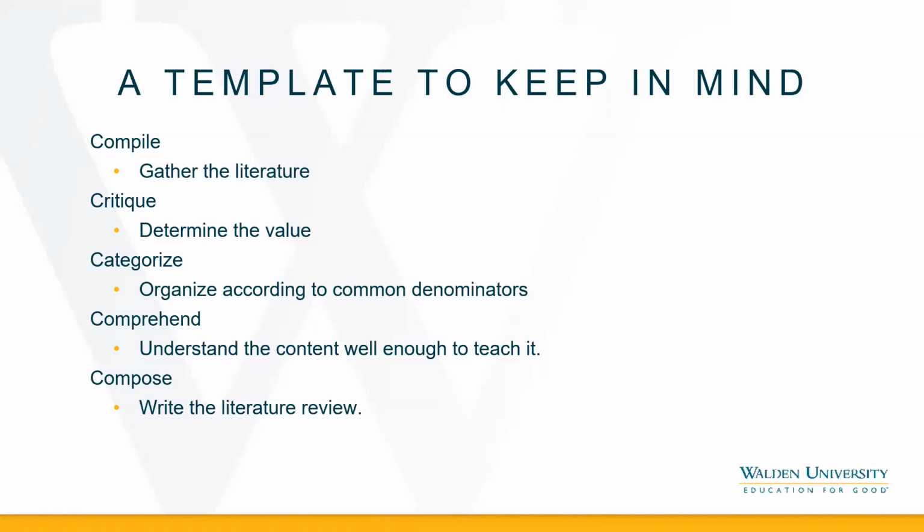And then this is, of course, an iterative process, meaning it isn't necessarily in that 1, 2, 3, 4, 5 order. You will go back and forth, you will compile literature, you will do some writing, you will change your categorization, you will understand something at different levels in different points of your research, which will impact the writing. So this is an iterative process. It will all happen at different times and over again throughout the writing of your literature review.